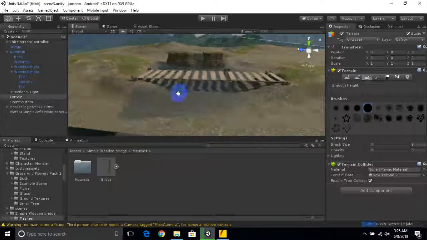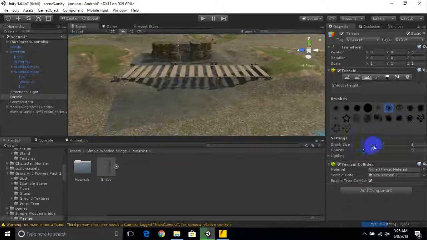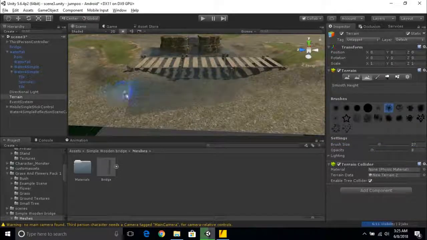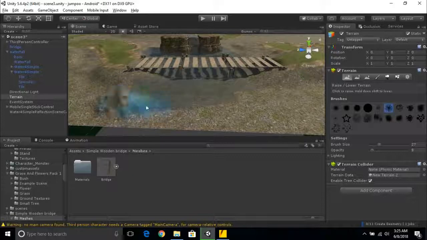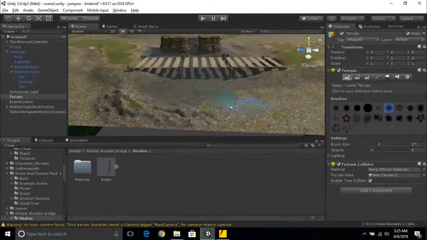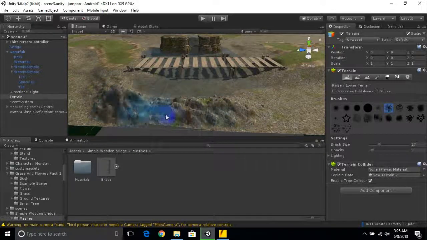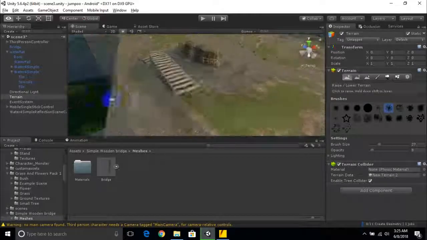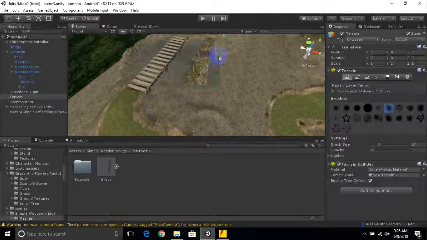After that, what we will do, we will select one more brush here, and I will increase the brush size, and then we will brush these areas like this. Sorry, we have to select this first brush, and then we raise the heights of these areas. So here we can create this type of mountainous area, because we will need that. And similarly here,